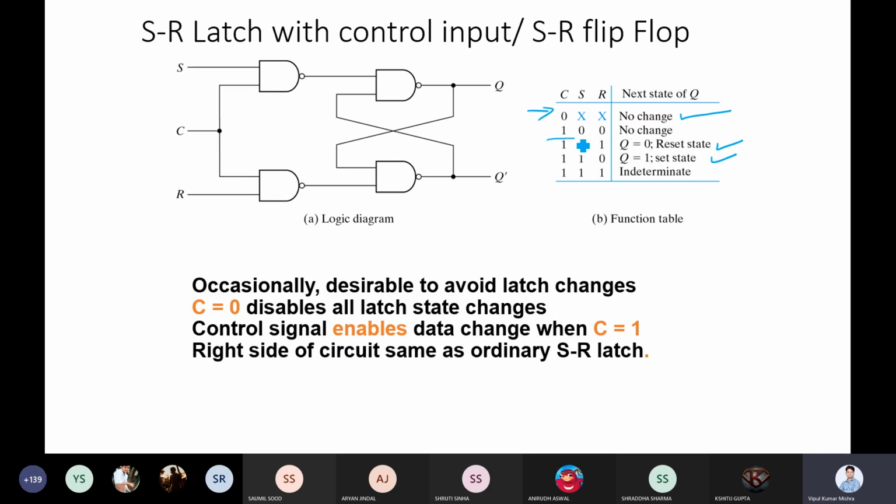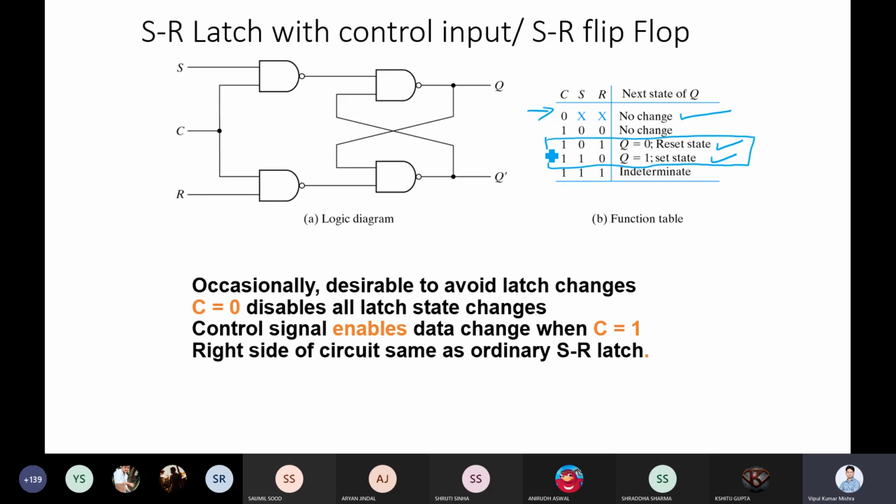Second, whenever I want to modify the value of memory, I have these two controls or these two values so that it will modify the value. So when I want to set Q equal to 0, then you just make S equal to 0, and when you want Q equal to 1, then you make S equal to 1. You have that control, because when you want to modify, just make the clock high, then your S value will replicate on the Q value. If S is equal to 0, Q is equal to 0. If S is high, then Q is high, when your clock is high.